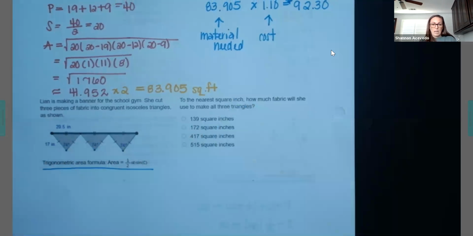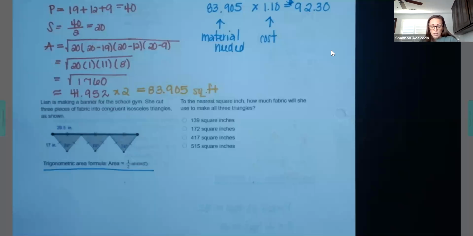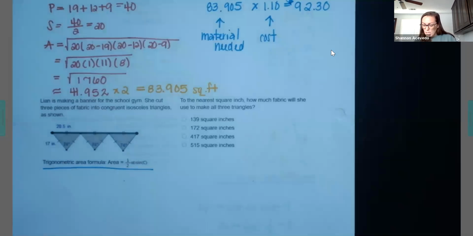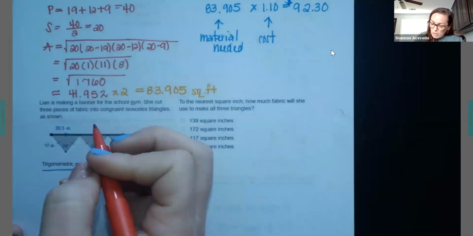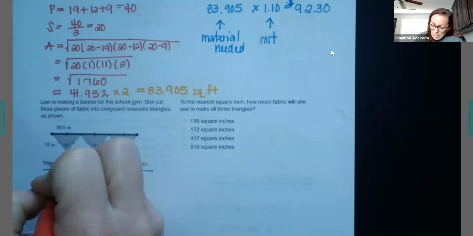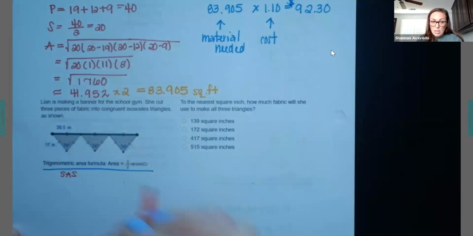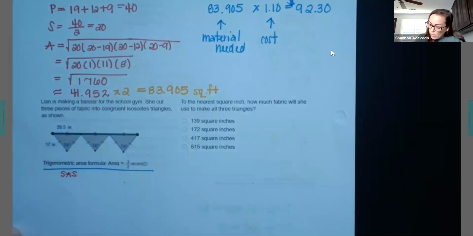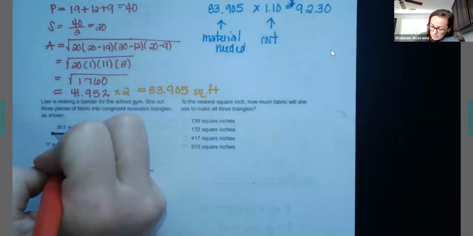So if we were doing this, we'd probably have excess pieces that we're cutting off, but they're going to be talking about exactly how much was used in the design, not how many extras, okay? So here's what we're going to be using. I'm going to use my trigonometric area formula. I'm going to be having a side angle side triangle. So I need to look to see, what am I given? So I'm given a side